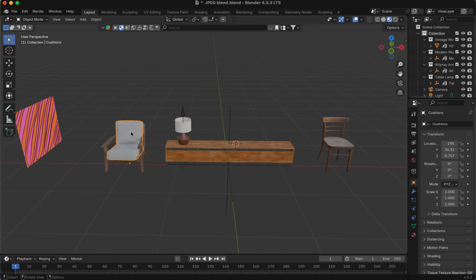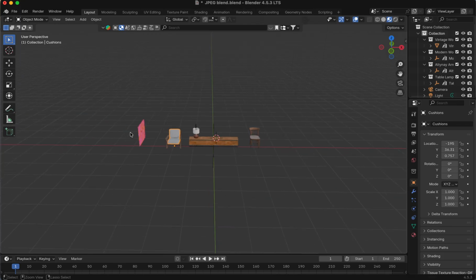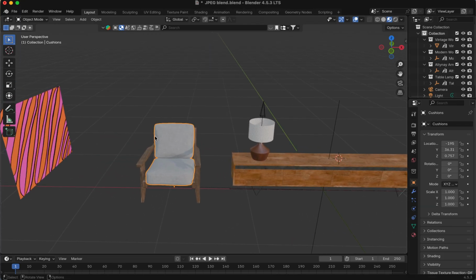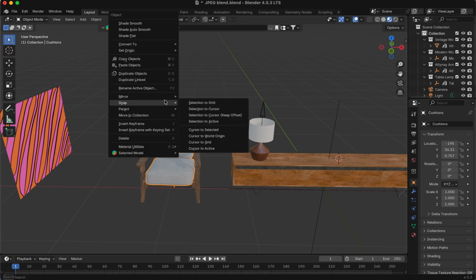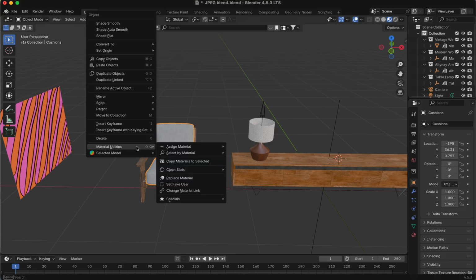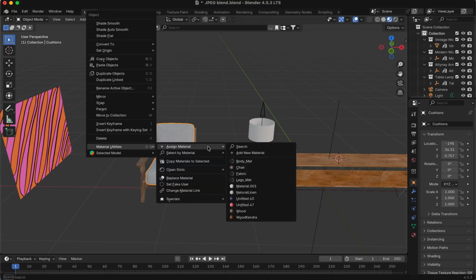we're gonna select the item that we want to add this texture to, and we're gonna right click. So make sure you're clicking on it and you have selected it. Then you're gonna right click and go to the materials utility and then assign material. Then we're gonna look for this. Obviously I didn't give it a name,